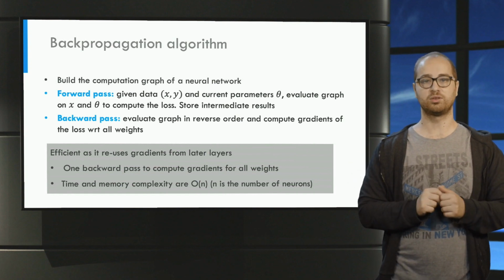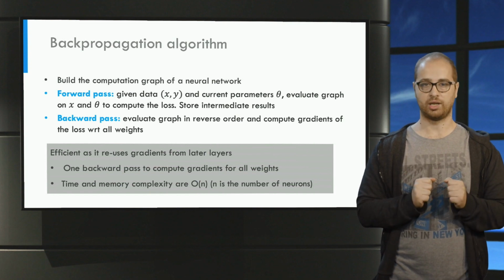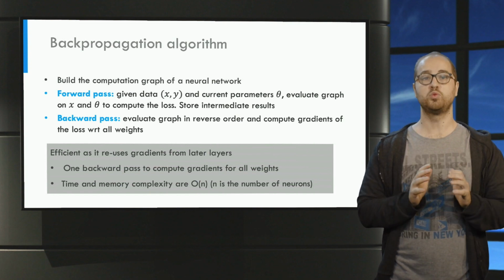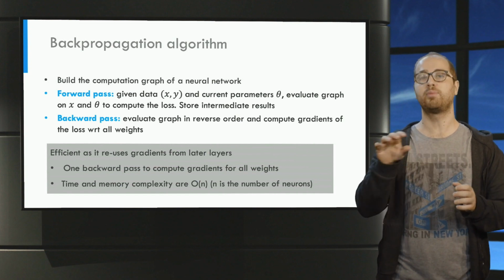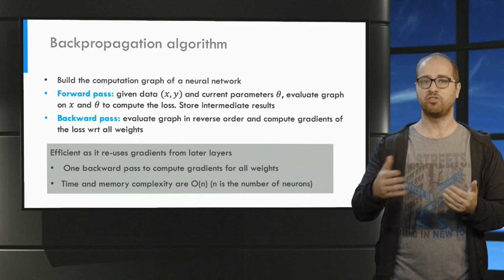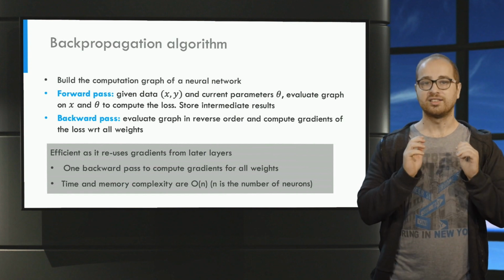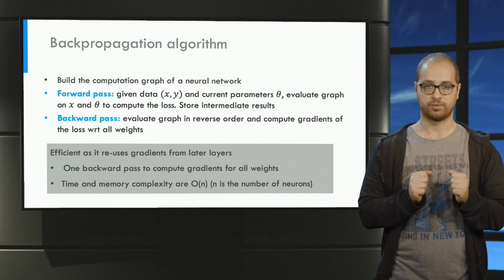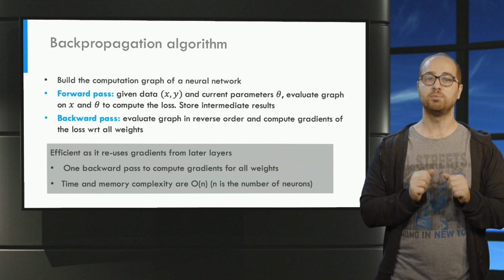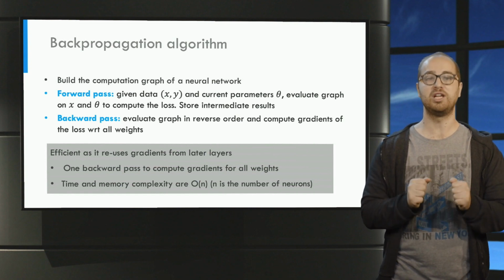It is important to stress why the backpropagation algorithm is so important in neural networks. It allows one to compute the gradient of the output of the neural network with respect to all the parameters at once, with just a forward and a backward pass of the network. Thus, it has a time and memory complexity which is linear in the number of neurons. Such an efficient algorithm is one of the keys that allows us to train large neural networks with millions of parameters.